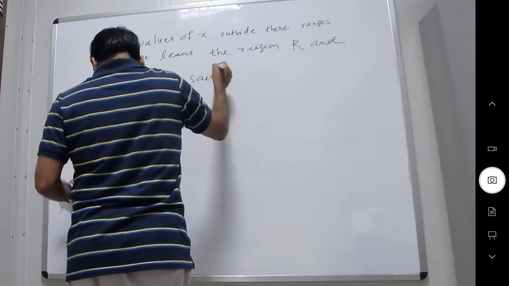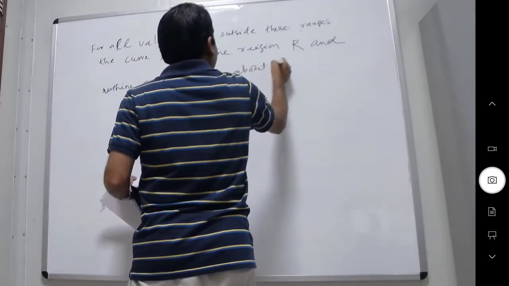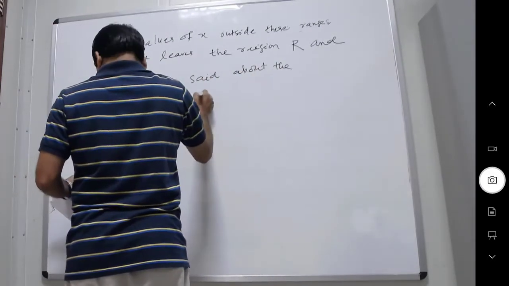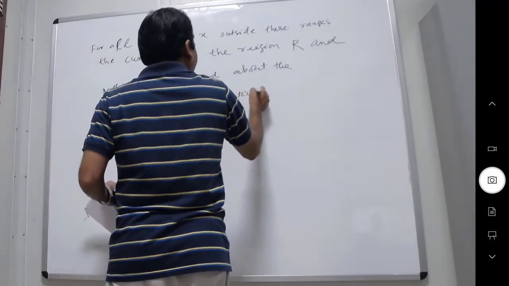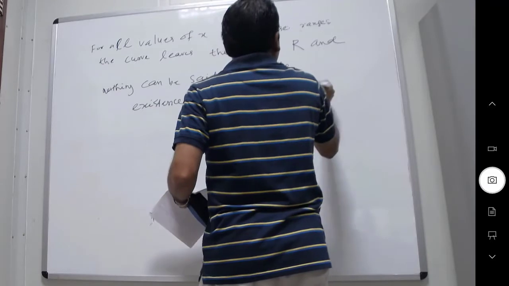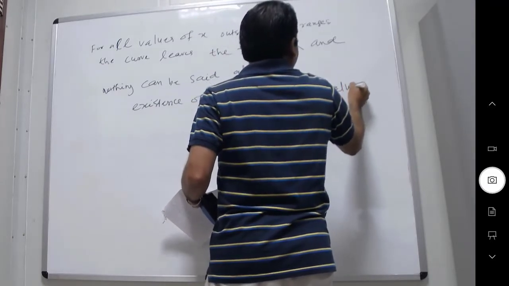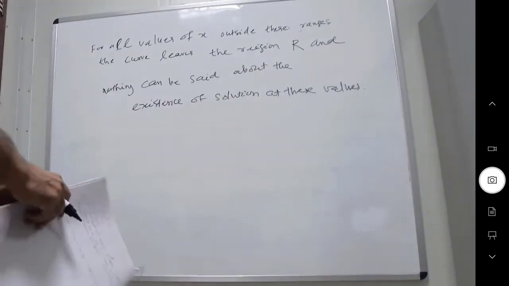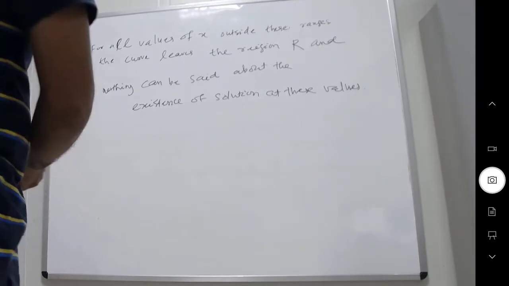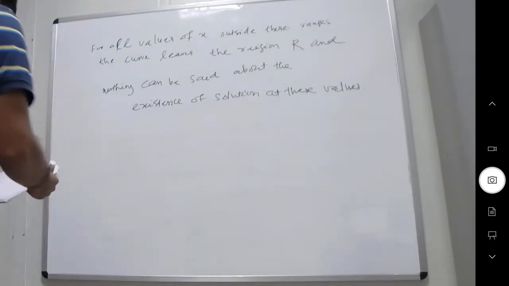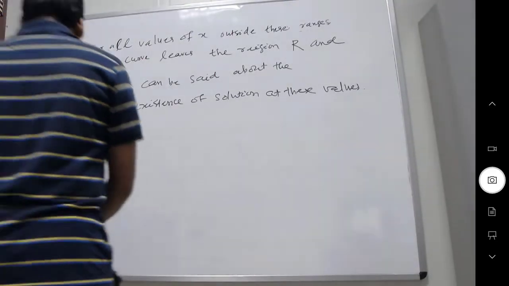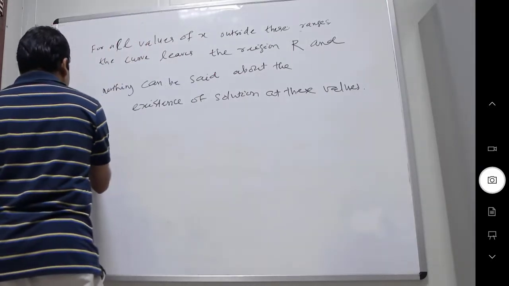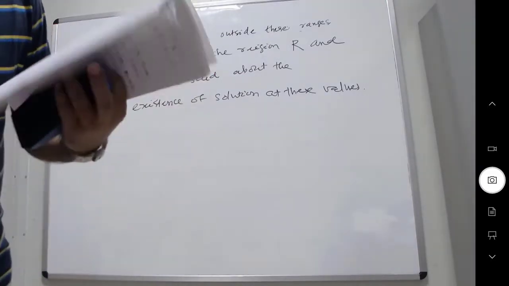Nothing can be said about the existence of solution at these values. By this theorem, we cannot predict because the solution curve is outside of this region, so we cannot tell, right? So it may be pointed out that the conditions given in the theorem